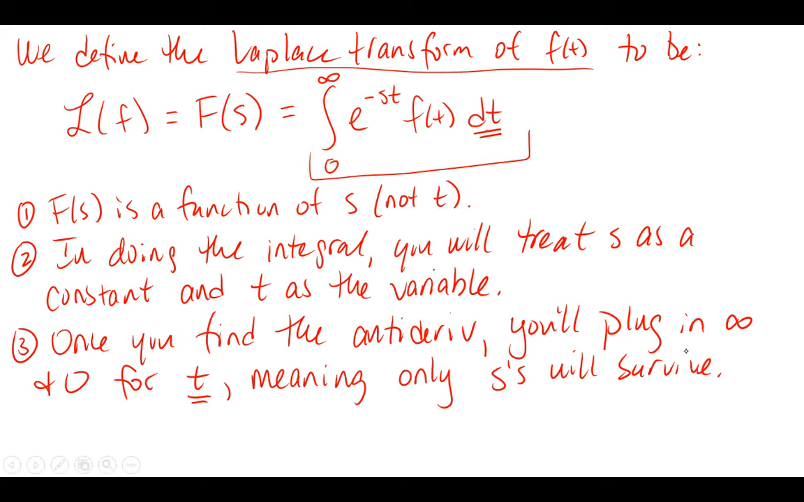Okay? So in other words, you're not going to have any t's in your answer to this integral here, because you're integrating over t, and then you're plugging in 0 and infinity for t, which means all the t's will have vanished, and you probably will just have a bunch of s's running around, again, with some numbers or some other things. Okay, so